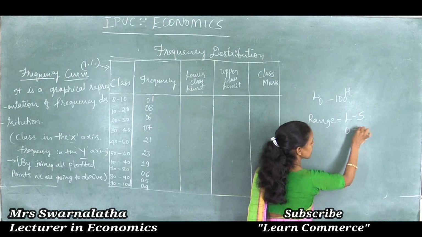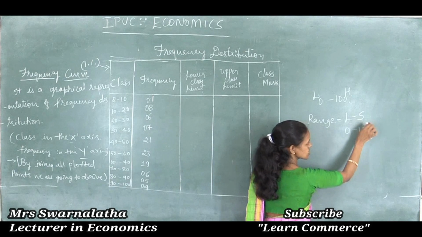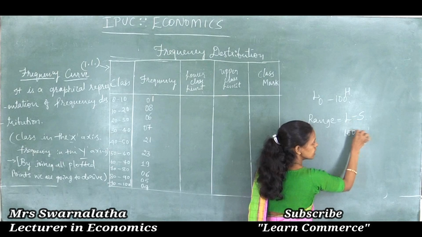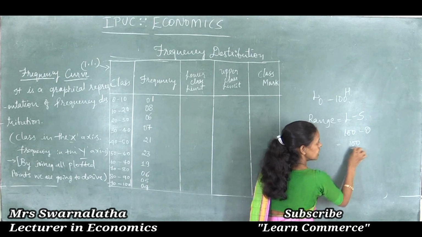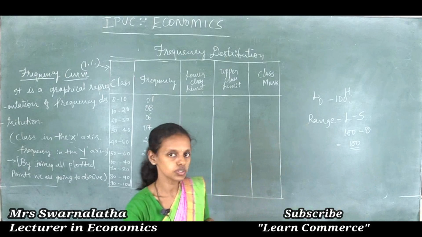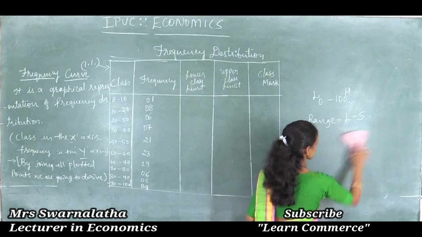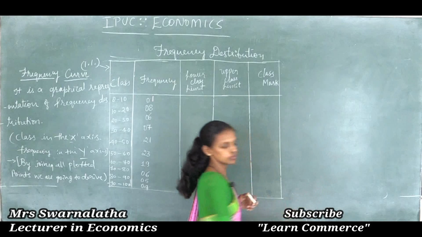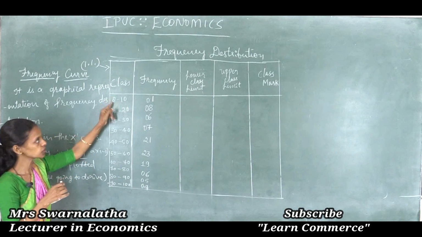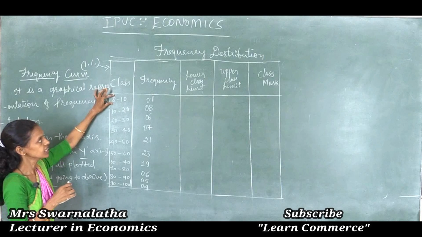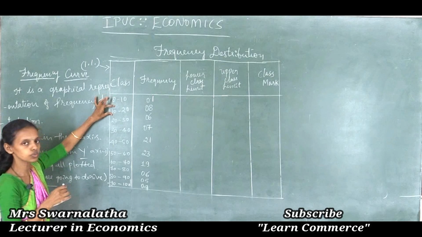So 0 minus 100, L minus S. L is the largest value, 100, minus the smallest value, 0. Thus 0 to 100 is the range, which means we should take the width as 0 to 10. One class should contain 0 to 10, that is the first class,